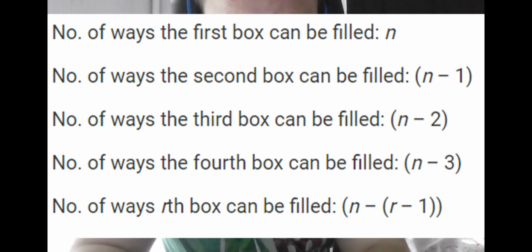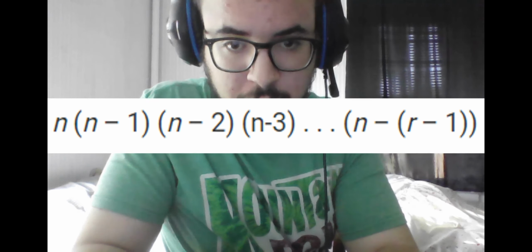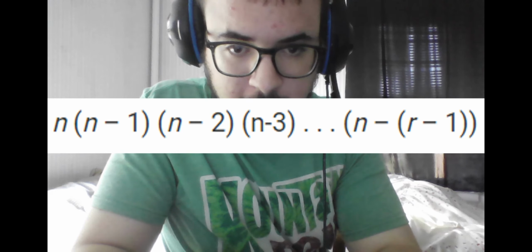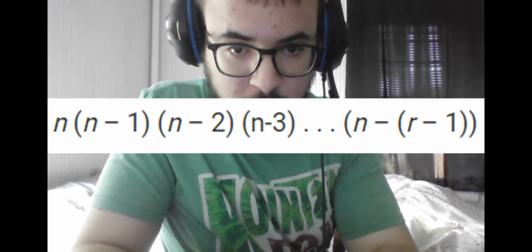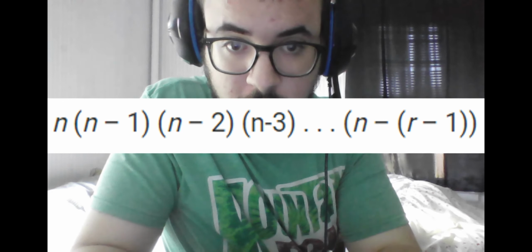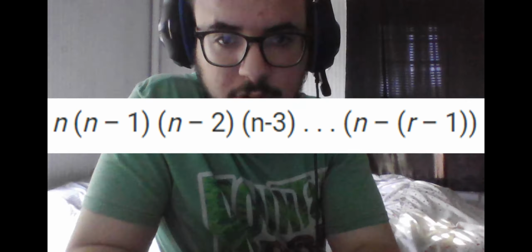So the number of ways you fill out the boxes in succession is given by the fundamental counting principle, where you multiply out these individual numbers of ways. However, if you are inclined, you can rewrite the last term as n minus r plus 1, taking out the inner parentheses. This is our formula for the number of permutations, but we are not fully done yet, because